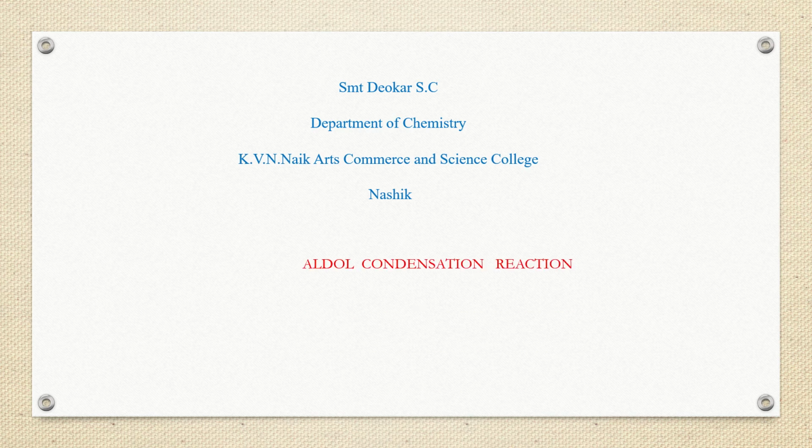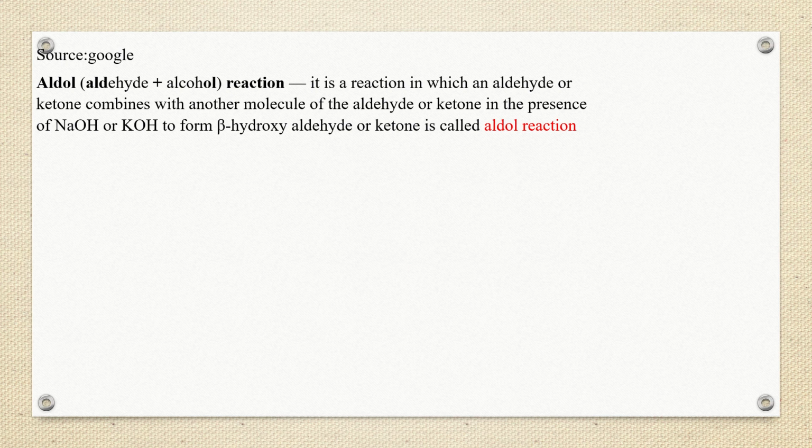Today we would like to focus on aldol condensation reaction. In order to study aldol condensation reaction, we need to know what is an aldol product. This aldol product is obtained from the aldol reaction, which is carried out in presence of a base. So aldehydes combine in presence of a base to form beta hydroxy aldehydes or ketones. So aldol products basically are the compounds in which there is presence of aldehyde as well as alcohol functional group.